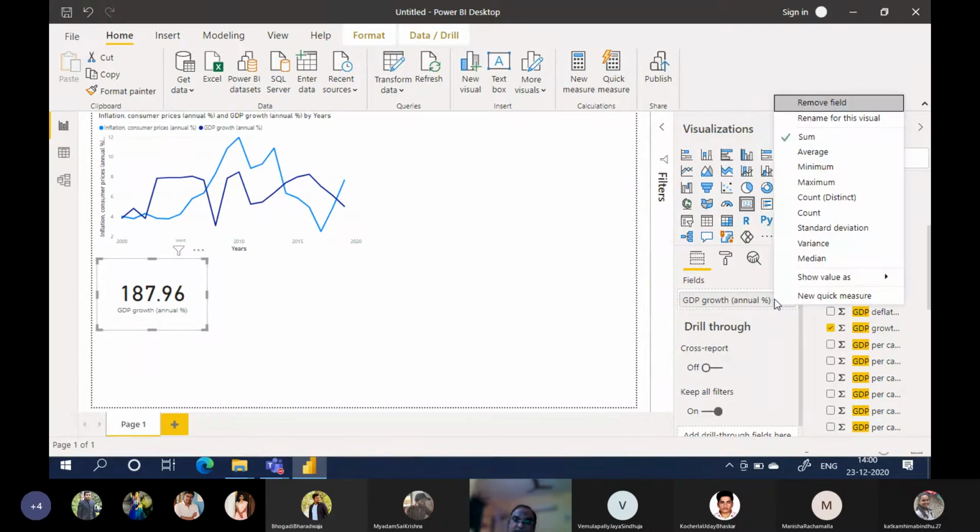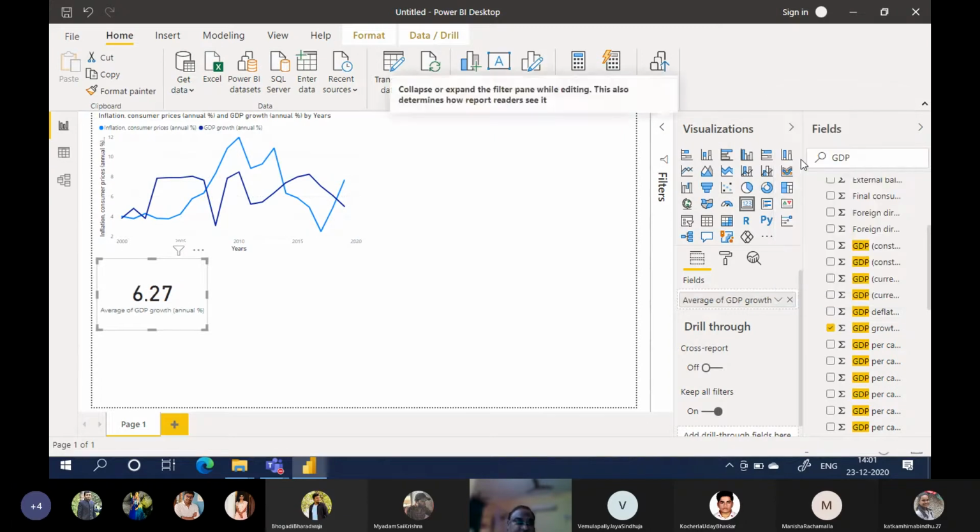Click on the drop down next to GDP growth in fields and choose average. In the below visualizations, you will see fields. In fields, you will see GDP growth annual percentage. Click on average. 6.27 is the average GDP growth.